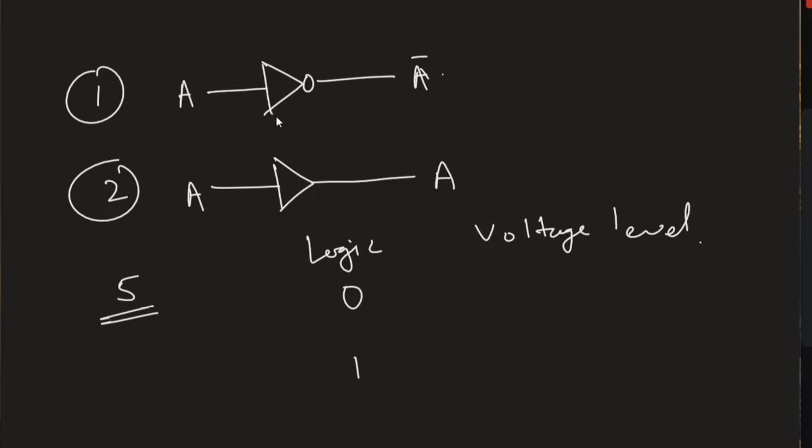So whenever we say 5 volt, it means logic 1, and whenever we say 0 volt, it means logic 0. But whenever you take a multimeter and measure any pin's voltage, you will get neither exactly 0 nor exactly 5. The value that you get might be anything between 0 to